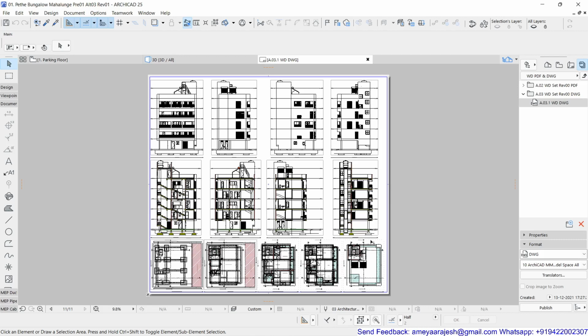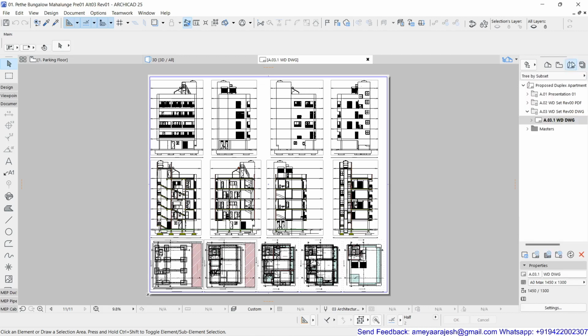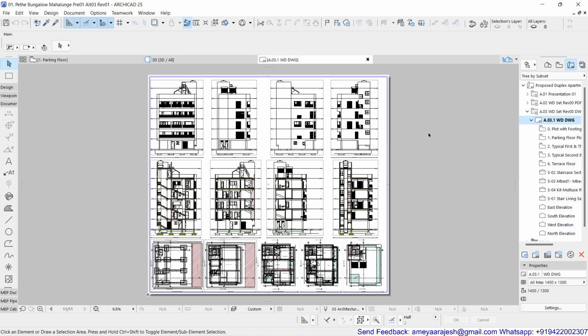So very quickly, just make sure that I have done this particular layout. In my layout book, I have developed this layout, and it contains all the floor plans, sections, and elevations, added at the required scale. Just be careful that this sheet size was not meant for printing purposes.